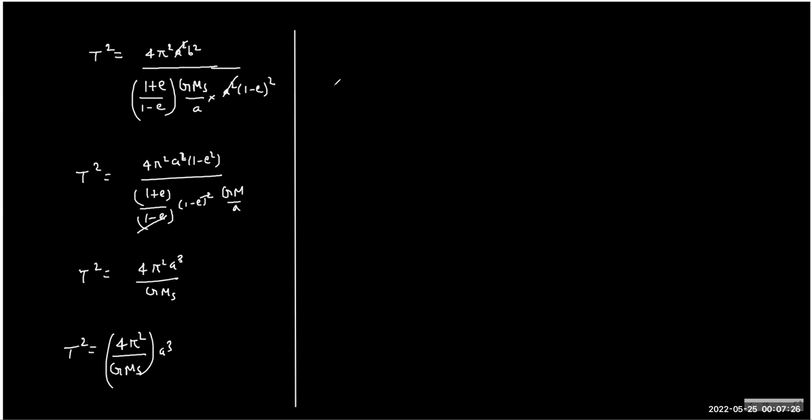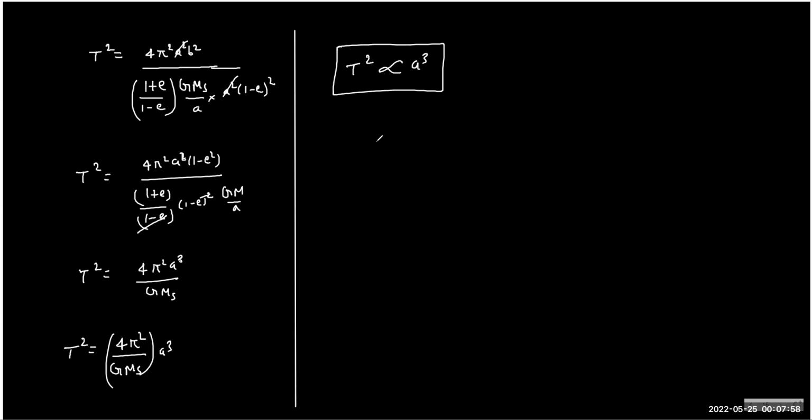So M represents the governing body, the Swami. For a satellite which is orbiting Earth, the M will be replaced by Earth mass, right? That's why Kepler said that T square by a cube is always constant, and this relation has nothing to do with the planet. You can apply it for a moon-Earth system, for the sun-Earth system, or for the solar system.